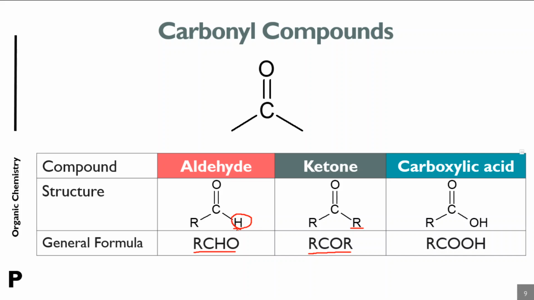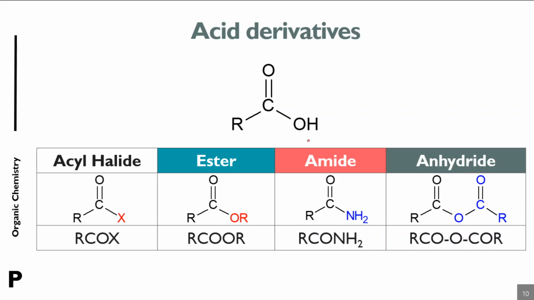If the hydrogen atom in the aldehyde group is replaced by a hydroxyl group, that is, the carbonyl group is attached to an alkyl and a hydroxyl group, then that functional group is called a carboxylic acid, and it is represented by the general formula RCOOH. And in case of carboxylic acid derivatives, if this hydroxyl group is replaced by a halide, then it is called an acyl halide, represented by RCOX. If it is replaced by an alkoxy group, then it is called an ester,